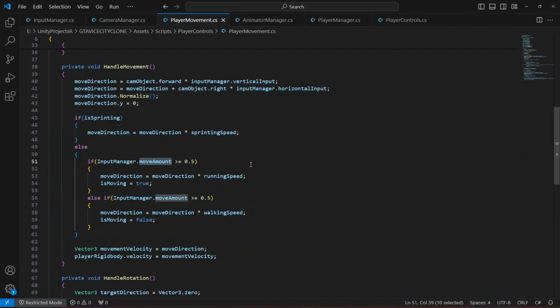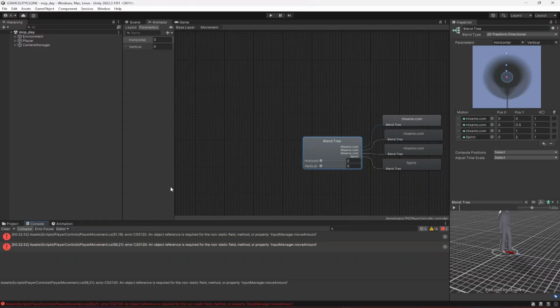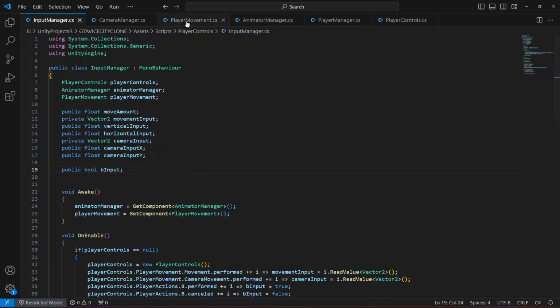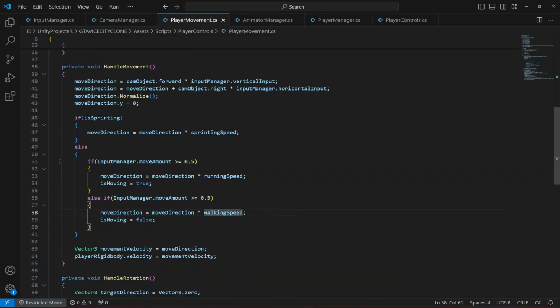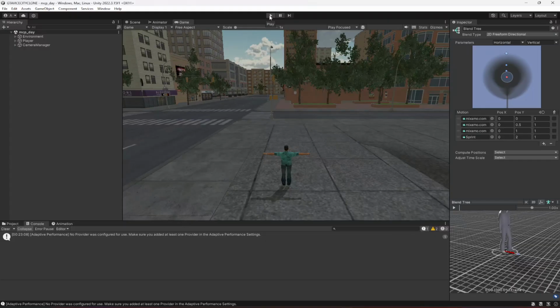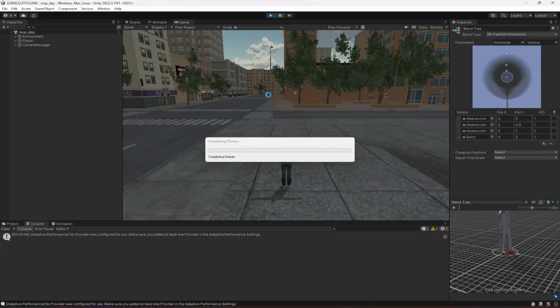If we get back right here, it is showing errors on the player movement, lines 51 and 56. Let's check it out. At 51 right here, make this I small, and right here as well. Then if you get back to Unity and play the game,